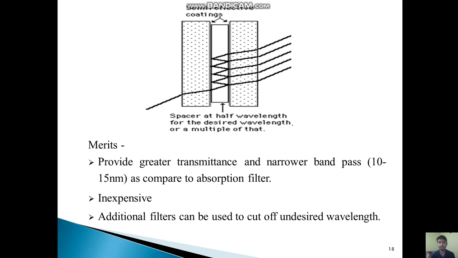Here you can see one thin layer between these two semi-reflective coatings.